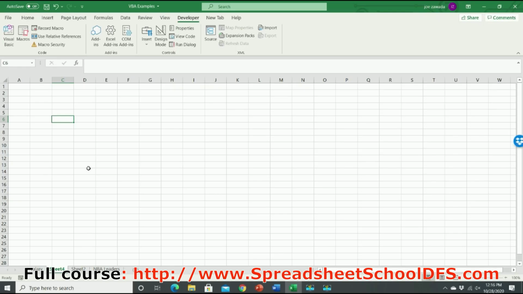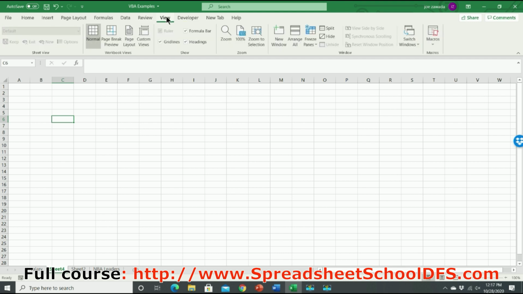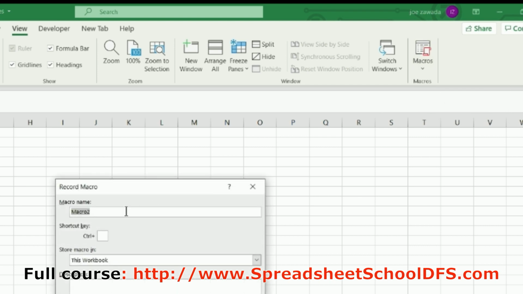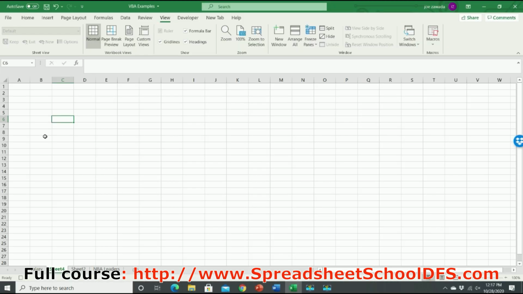So in this video, I'm going to talk about a second way to start off your macro and your coding without going through the Developer tab. And that is to simply create a macro through the macro builder. To do that, you're going to go up to View, and then we got Macros, and we're going to record a macro. We're going to name it whatever we want. The last one I called Highlight. Let's just call this Highlight 2. Click OK. And let's say